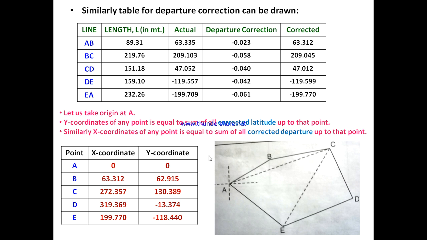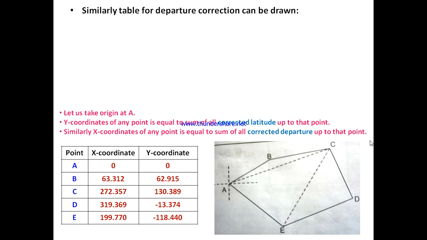After calculating all the coordinates of the different traverse stations, our next task is to calculate the area of the particular traverse, for the earthwork. After calculating the area, we need to determine how much soil, or earthing, is needed for a particular area. Suppose I need to make a road in this particular traverse, then how much soil I need for filling this area, I can calculate after determining the area from the traverse obtained.